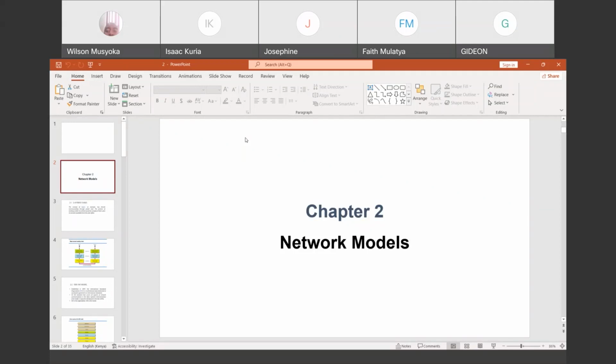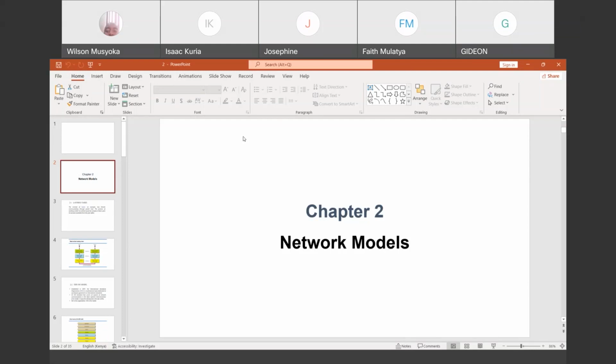Now, when we are talking about a network model, it is all about how the design of the network is put out, or how the design of communication is laid out. Because for communication to take place, some things have to be there. Even in the first lecture, there is something that we said governs communication.